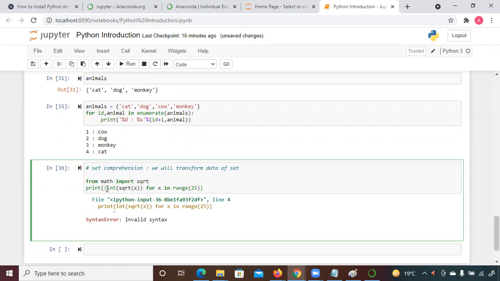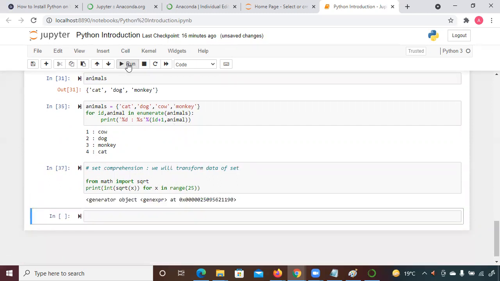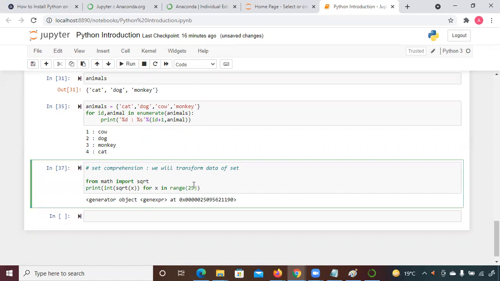Only 1 minute, sorry. In square root, let me check it here.